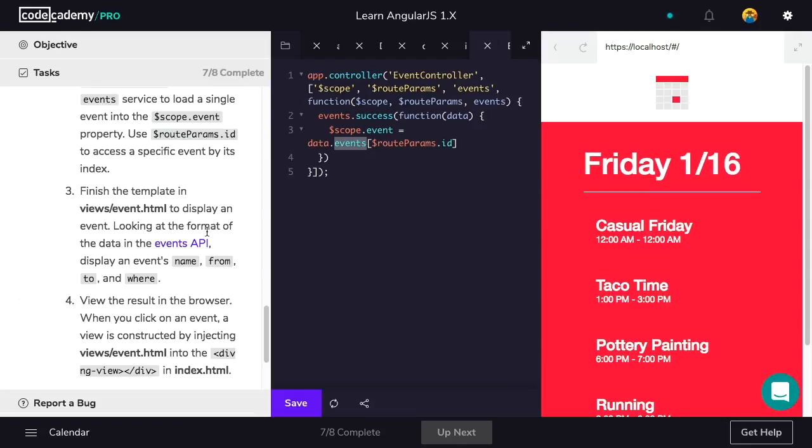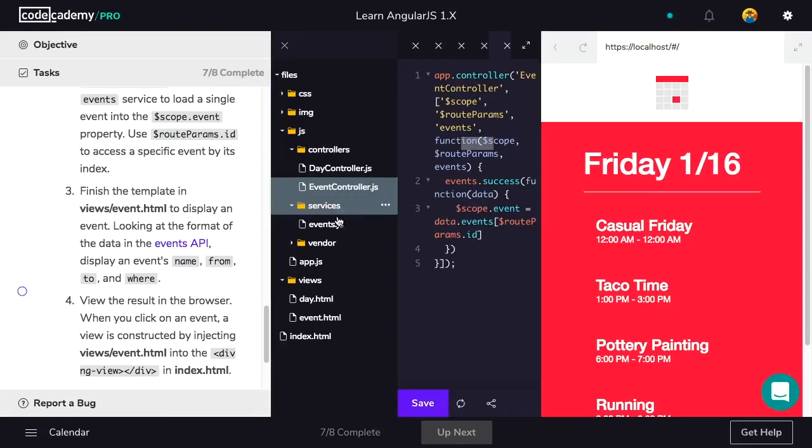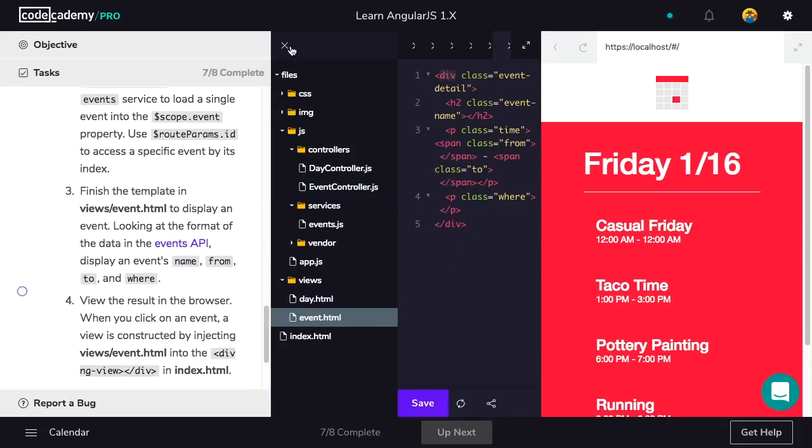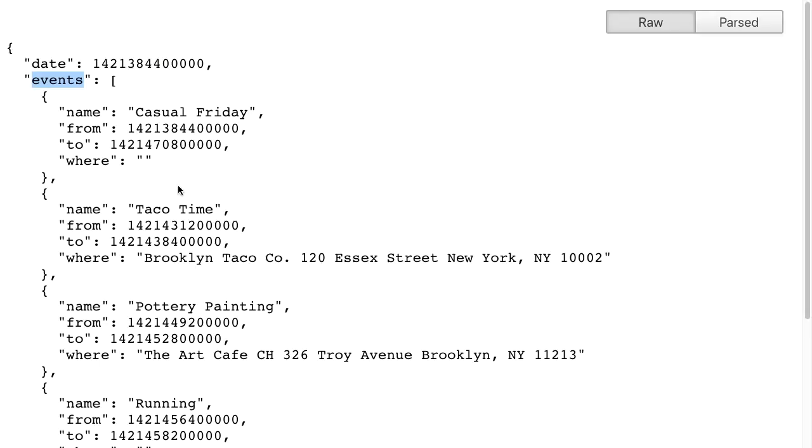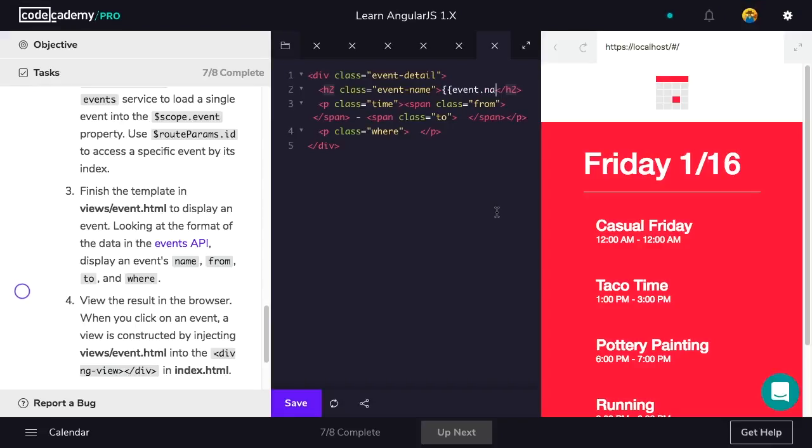Okay, step 3, finish the template in views/event.html. To display an event, looking at the format of the data in the events API, display an event's name. Okay, so remember, it's accessible by the event property. So, let's see, event.name, event.name, event.from,